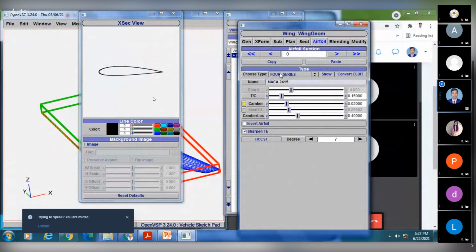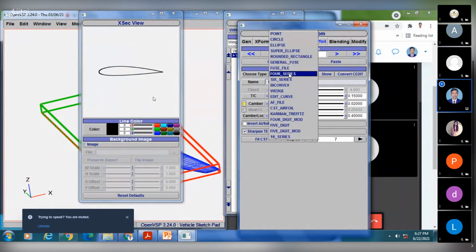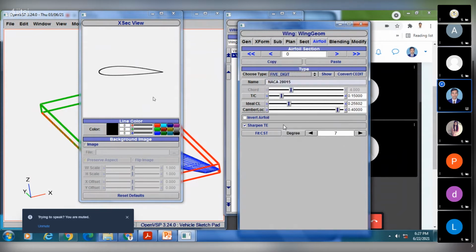So just click on this choose type option and change the 4 series into 5 series. Here we have 5-digit. Just select that one. As soon as you select, you'll get some default airfoil.